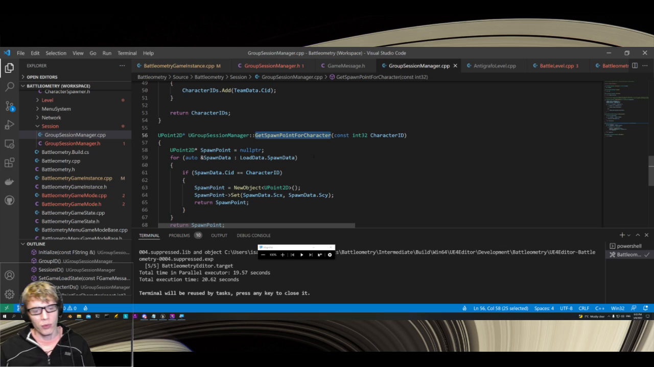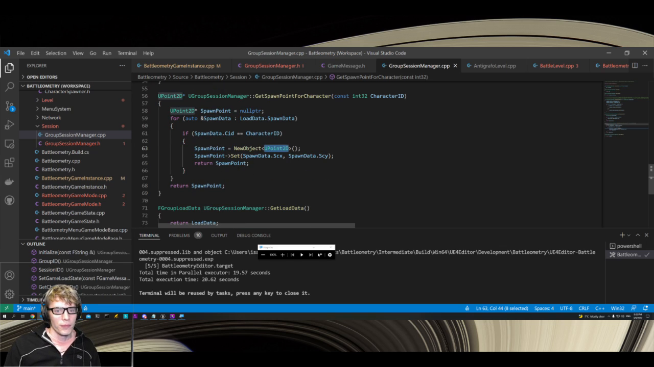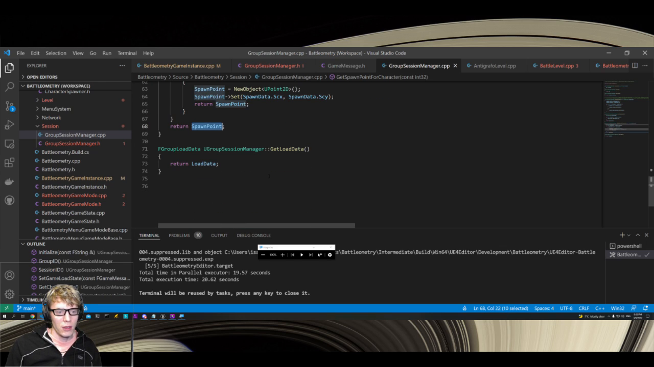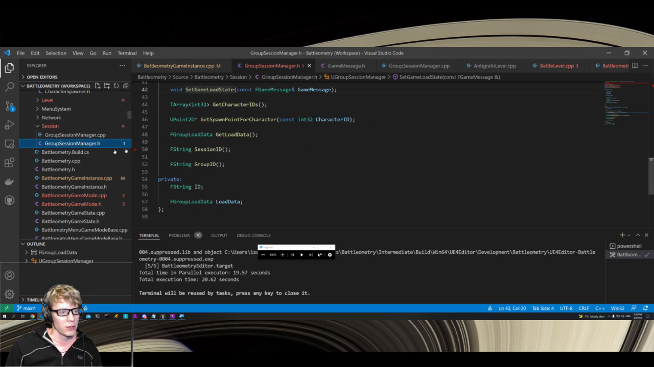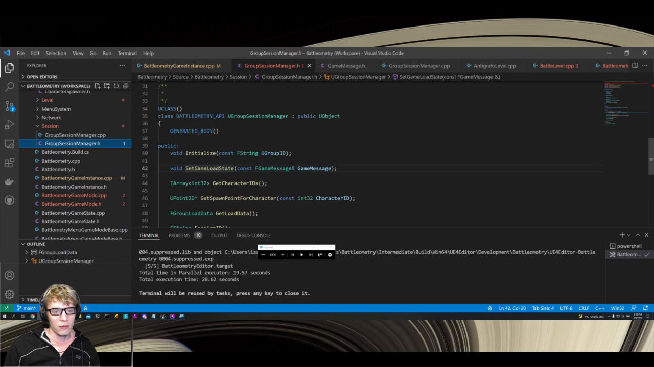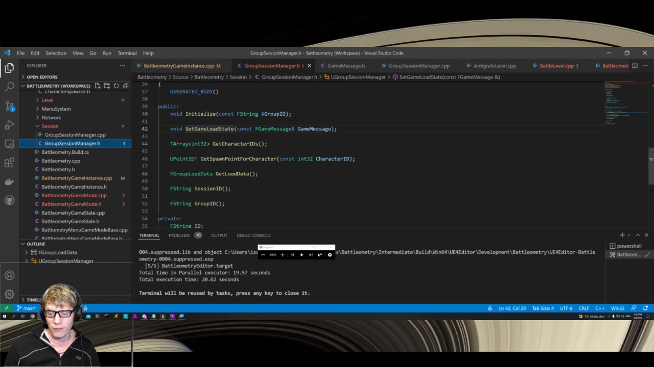And then getting spawn point for character creates a new U.2D, because I'm, again, working in U.2Ds, not Unreal's FVectors and transforms. So that's how we get our spawn points. And that's pretty much the group session manager. And I'm going to add other stuff to this as well, especially for disconnects and reconnects and resending state and